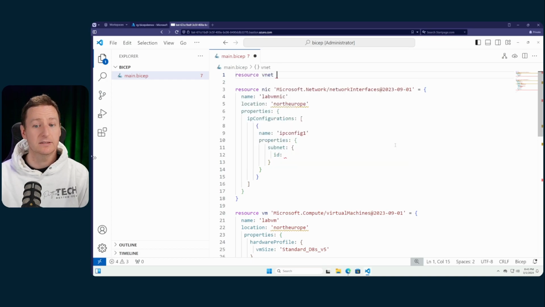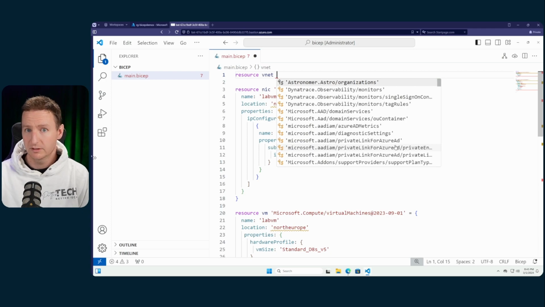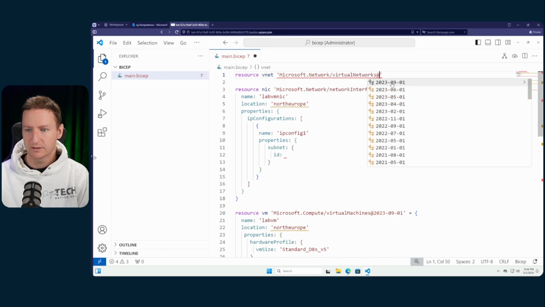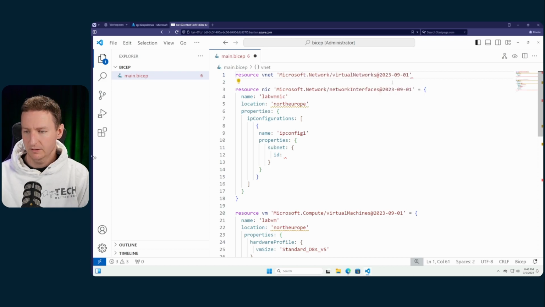VNet. Again, this is a variable within the context of this bicep file, it's not the name that will show up in the portal. And this time we will be deploying a resource of type virtual network. Again, there's a whole lot of suggestions here. We do not want the SCVMM. We want the Microsoft.Network/virtualNetworks. So I'll click that, select the latest API, hit space, accept equals, and space, and then do the